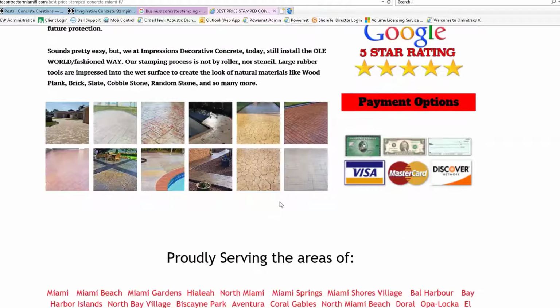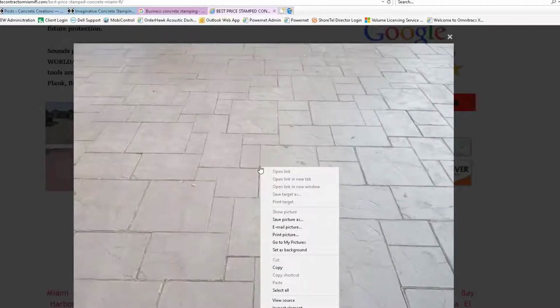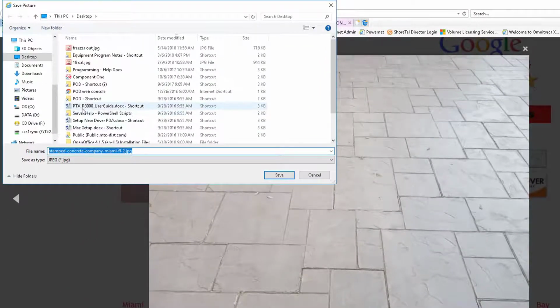Another thing you might want to think of, if you can't find the image in the right size, which means it's going to be poor quality, is to go to the website so you get the full quality image. Same idea: you find the image, right click on it, go to Save Picture As, and save it to your computer somewhere. Make sure you name it something,